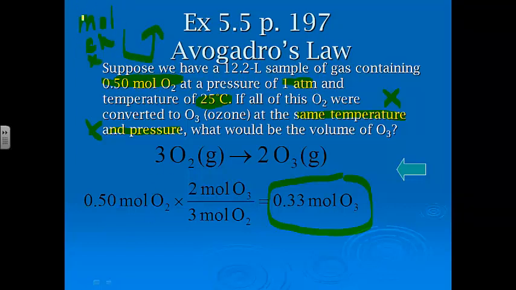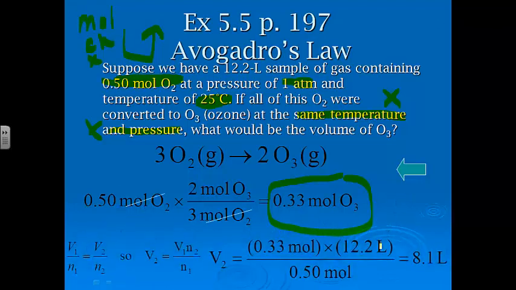Remember, this is going to be another one when we get to gases that if we use the stoichiometry chart, we're going to have to kind of leave off the first two, and I'll show you some of the other conversions that we have for those. Then we can use Avogadro's law, plug and chug, and figure out that it's going to take up 8.1 liters. Okay, since ozone is going to have fewer molecules, it's going to have a smaller volume,